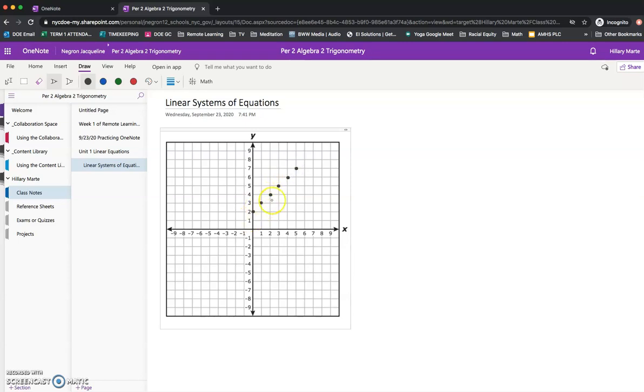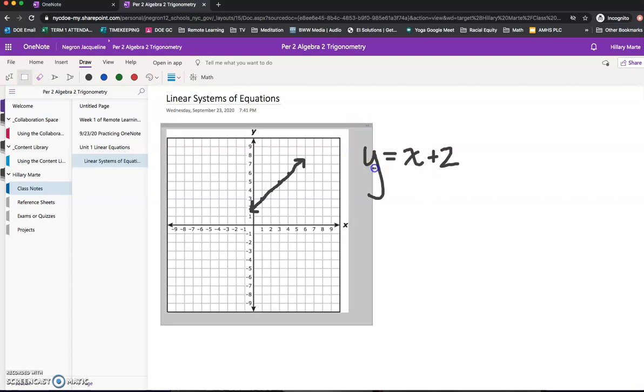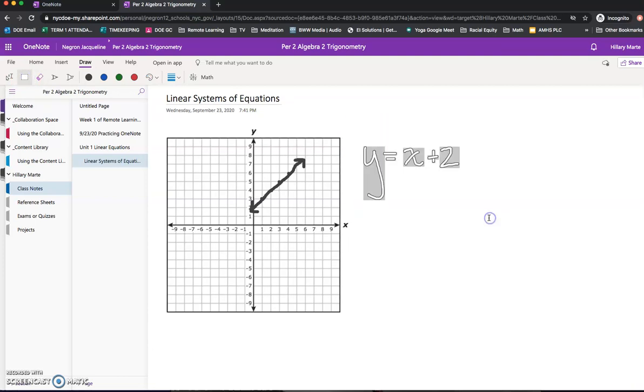Now let's say I wanted to create the equation as if I were to connect these points as best as I can using my mouse. And this is going to be the equation y equals x plus 2. Now let's say you want to change your ink into text. What you can do is select the marquee, highlight your equation, and click this math tool,